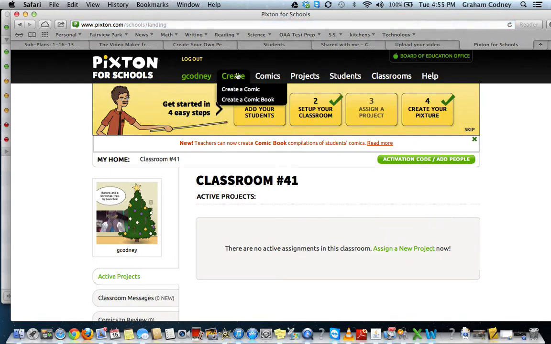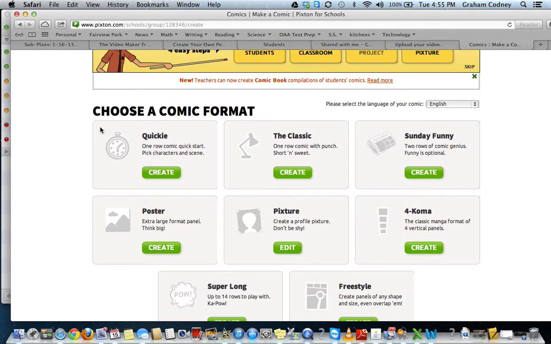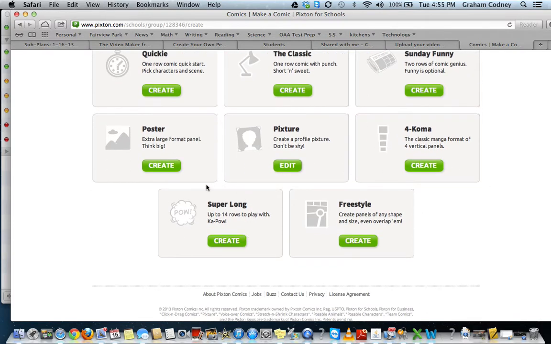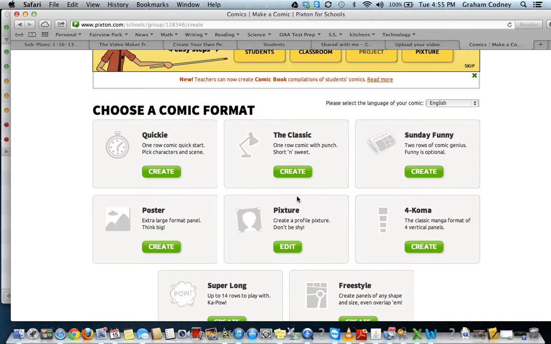So right now I want to create a comic. So again, you go up to the top where it says create a comic. We have a few choices of different formats. This one is one row comic quick start. This is one row comic with punch. These are 2 rows. This is a large poster. This is a picture. This is a 4 coma, so it's a vertical style. This is a super long one, 14 rows, and then this is the freestyle if you wanted to design your own. For today, we can do one that is just quick, 1 row,